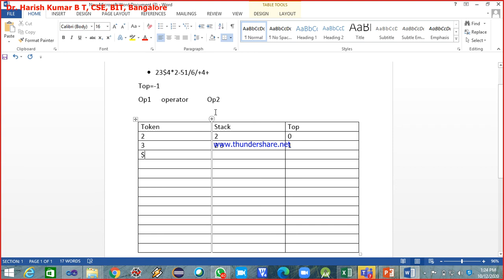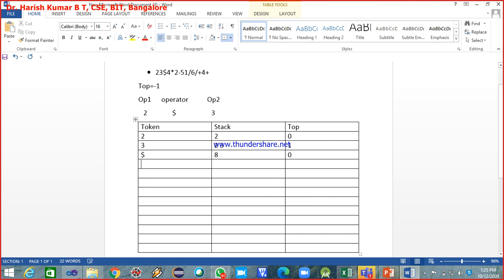Pop 3 and assign it to operand 2, and then the operator is dollar, and operand 1 is 2. 2 to the power 3, result is 8, and top is 0.